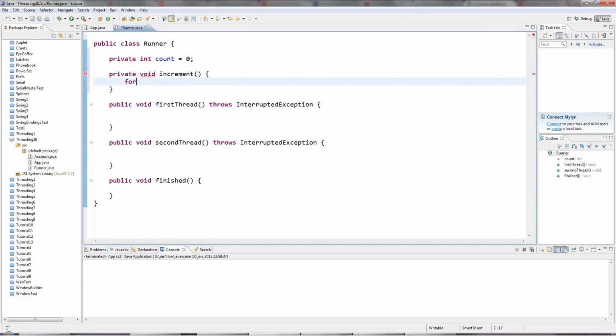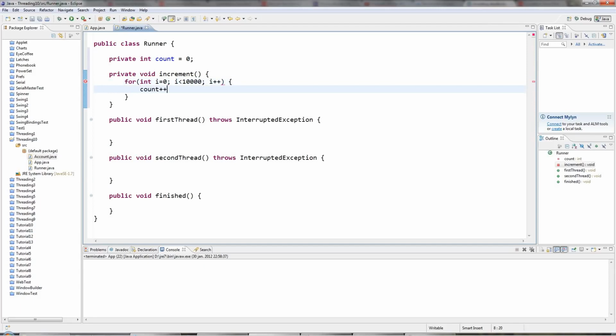Increment's just going to loop 10,000 times, and each time it loops it's going to increment count. So, count plus plus. I'm going to call increment in my first thread, and have the second thread try to increment count at the same time, and then at the end we'll do sysout